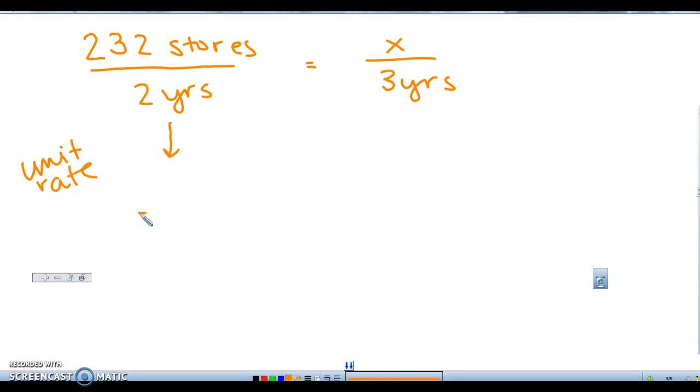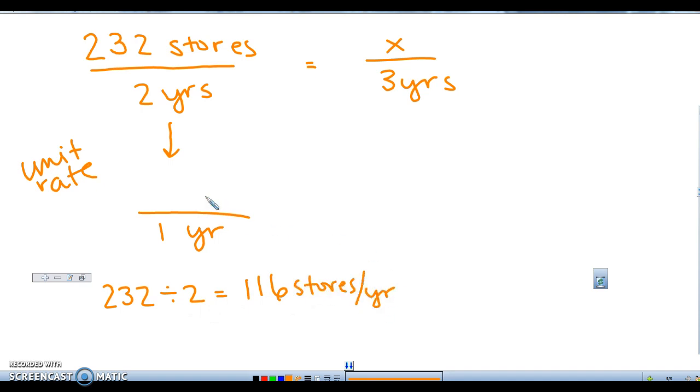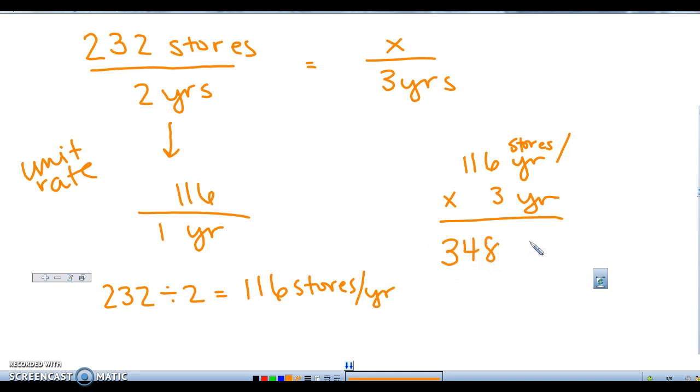Okay, so I want to know how many stores they open in 1 year. And I can get that by dividing 232 by 2. And that gives me 116 stores per year. Okay. Then I need to know that I open 116 stores in a year, and I'm multiplying by 3 years. When I multiply those together, I'm going to get 348 stores,